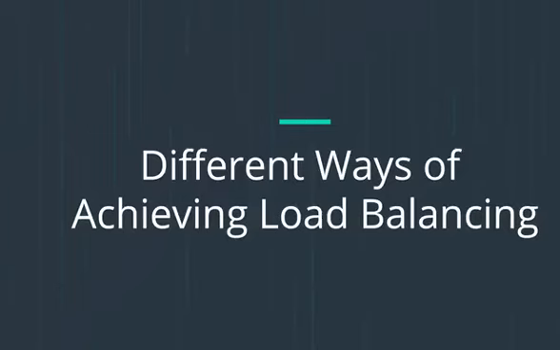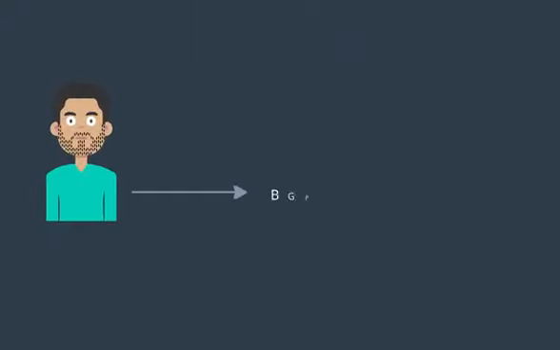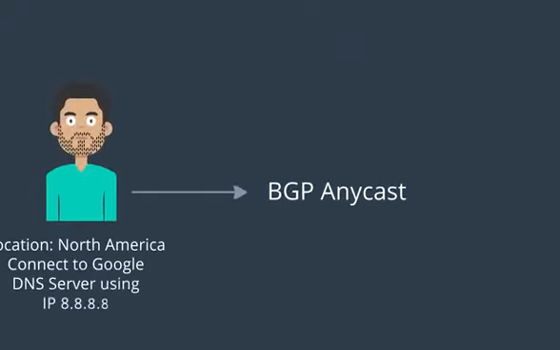Another way of achieving load balancing is the BGP anycast, which is a network routing technique typically used with UDP, but you can also use its implementation with TCP. Let's say you're visiting one of Google's web pages. What happens in this case is that your computer performs a DNS lookup and then returns an IP address, which usually is